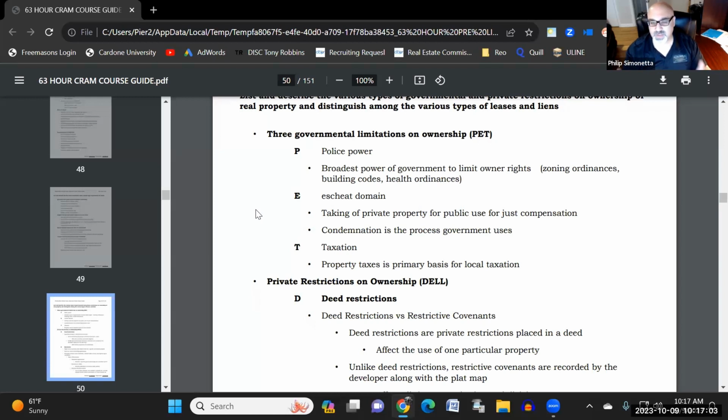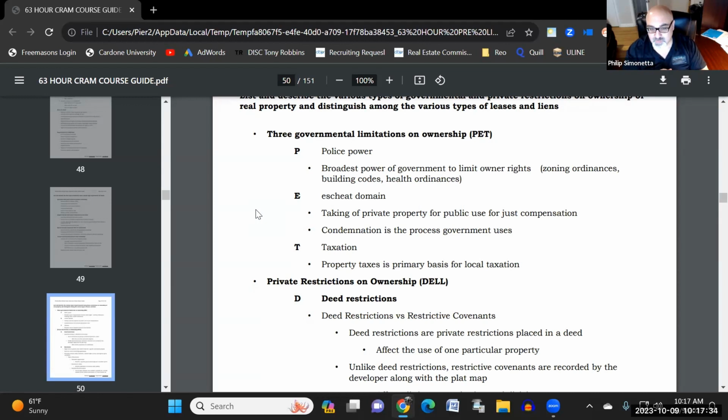So if they want, they limit the property's rights by putting certain zoning. This can only be residential. This can only be industrial, right? They limit you, because if that rule wasn't there, you could do whatever you wanted, right? Building codes, there are certain structure and building codes that Florida has that other states don't because of hurricanes and things like that, right? And health ordinances, health codes and things like that. So they control through police power